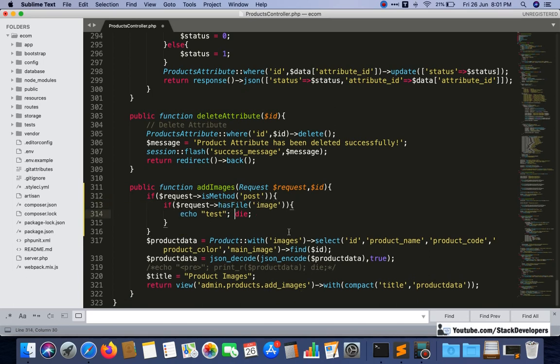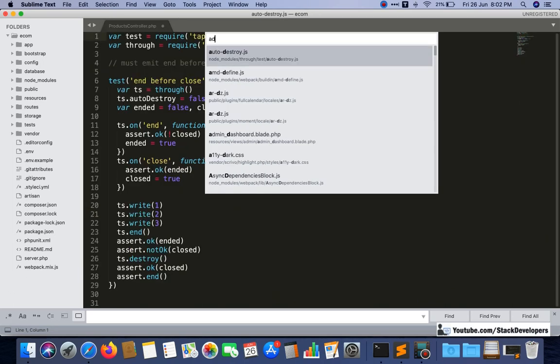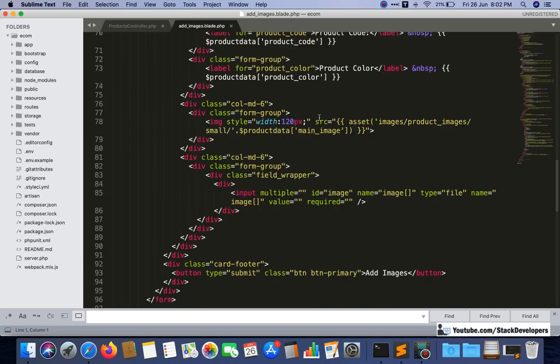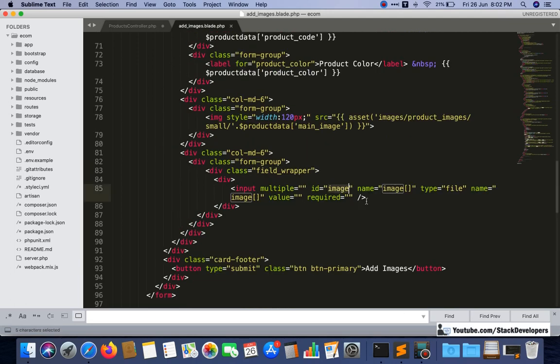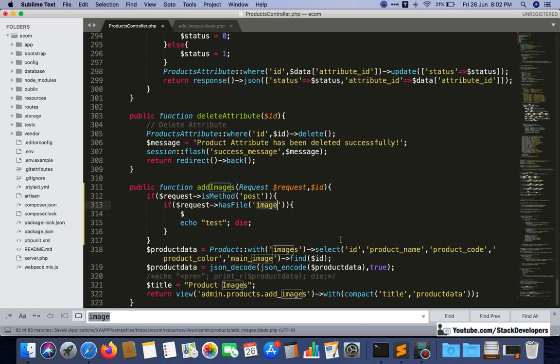Now we will make one more variable like $image. And one more thing I want to do: open that add images, and I want to change image to images, because we can upload multiple images, so I will make it images. Images looks better because there can be multiple images.